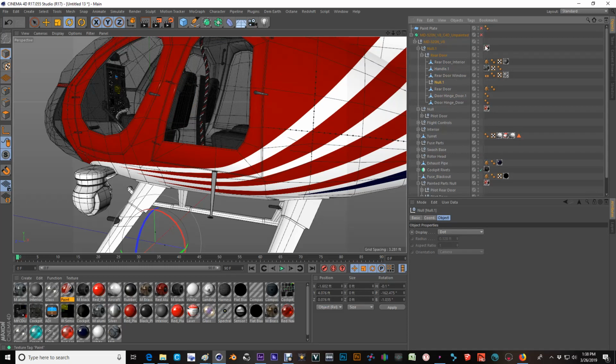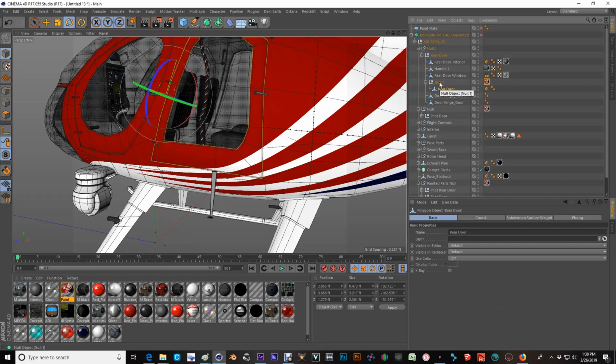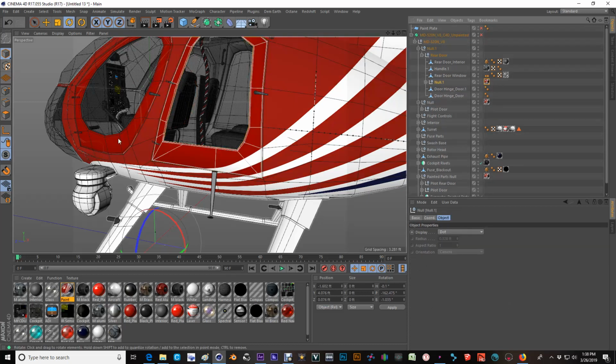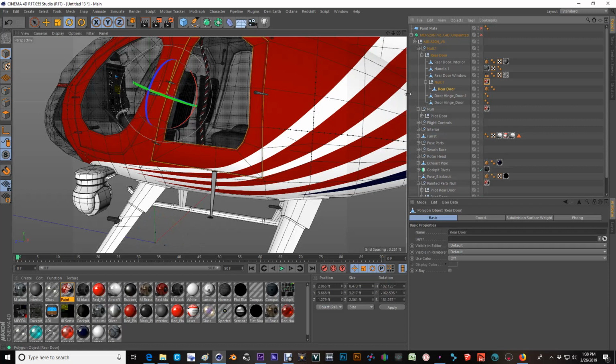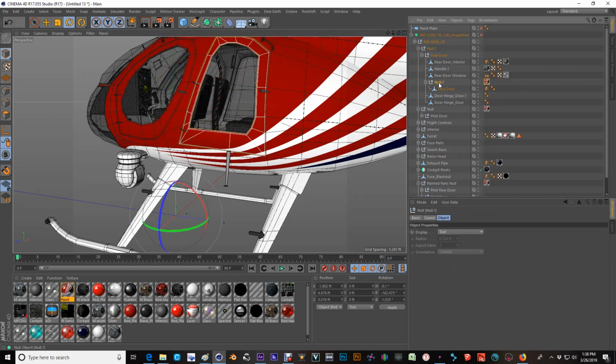Drop this null in. I can then take that texture tag, drop it into the null again, drop the rear on there. So now are we set? Well, no. Remember, we're still in a projection mode, so that texture is still only looking at the front-facing projection. But what I can do from here is I can say,